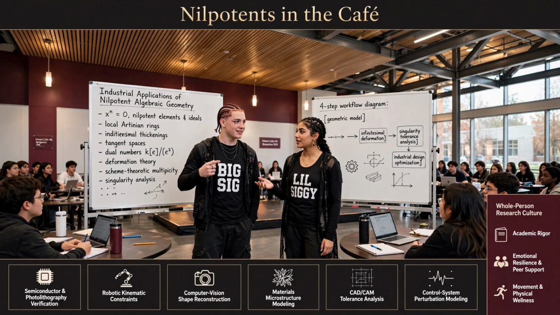So we have this self-destructing number that bypasses all the messiness of limits. How does this translate to actual on-the-ground engineering? I mean, if I'm programming a computer to model the aerodynamics of an airplane wing, why do I care about dual numbers? You care deeply because calculating complex derivatives on a computer usually forces an engineer into a really brutal lose-lose trade-off. Okay, what are the options? Your first option is analytical differentiation. That means you, the human being, sit down with a piece of paper or maybe some symbolic math software, and you manually derive the exact massive algebraic formula for the derivative of your airflow model. Right. Then you have to hard code that massive formula into C++ or Python or whatever.